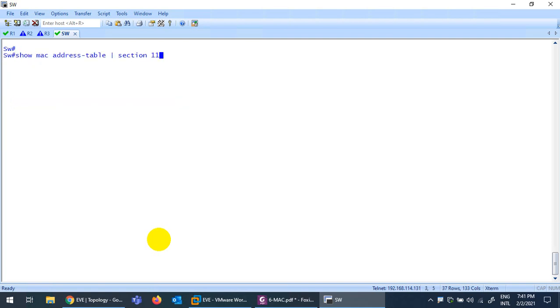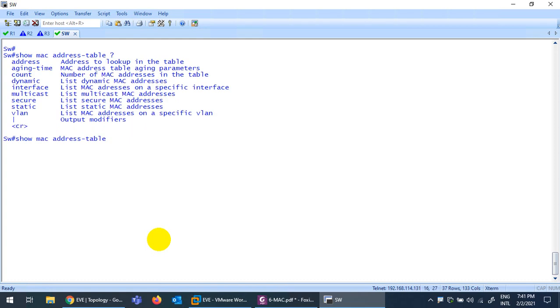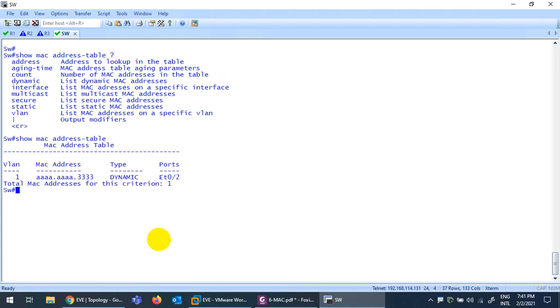Okay, these were the show commands related to the MAC address table. The options are address, aging time, count, dynamic, interface, multicast, secure, static, VLAN and filter. And the last one is carriage return, which means you can use this command without anything to type. Now another one is washed out, because 5 minutes will be completed very soon, and this one will also be washed out, because those 3 routers are not doing any communication within 5 minutes.